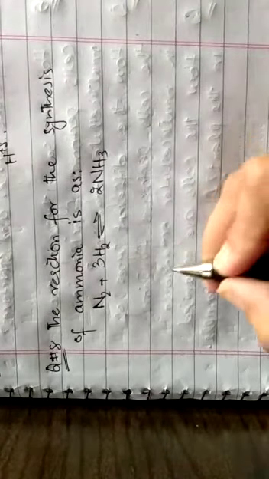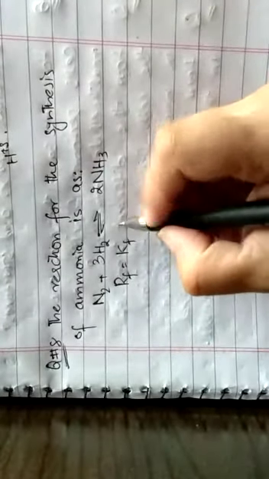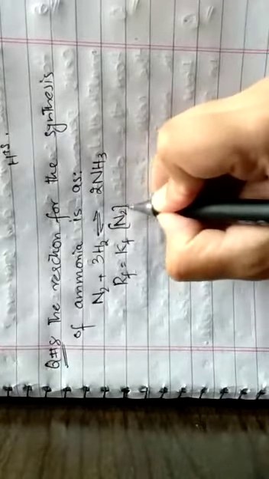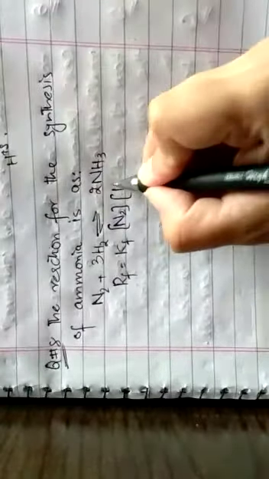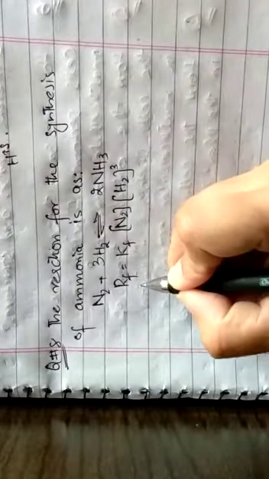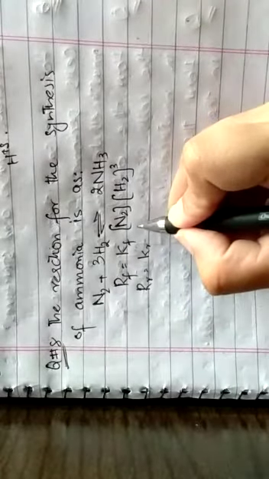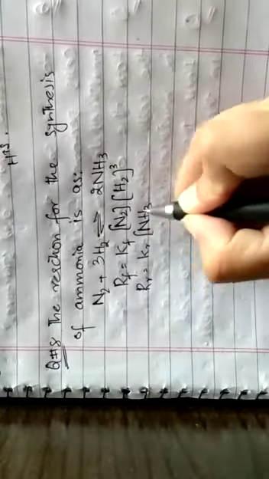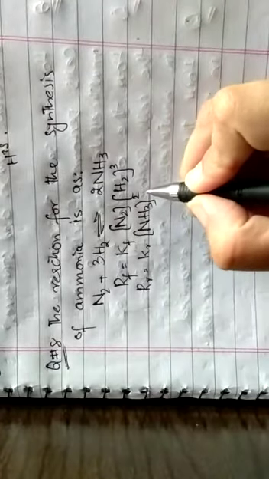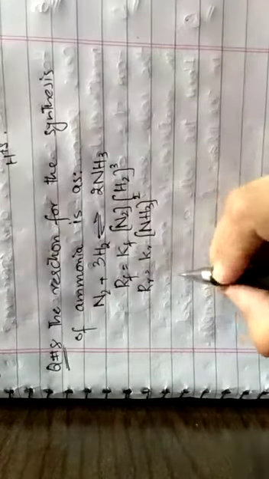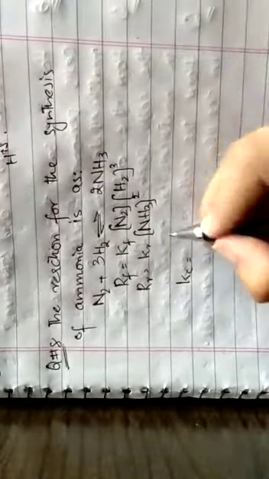You have to derive its equilibrium constant. Rate of reverse reaction is equal to Kr. The expression for equilibrium constant of a reaction is Kc is equal to